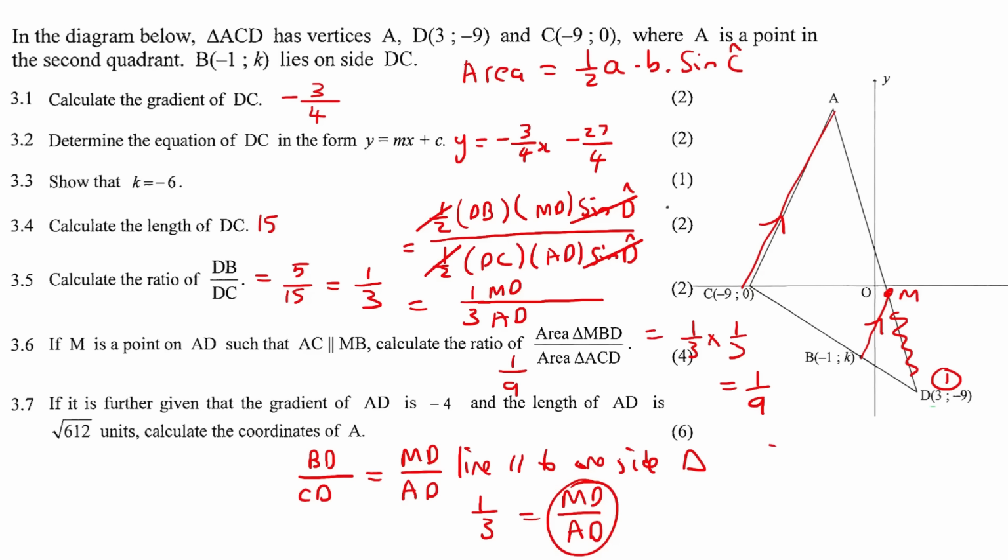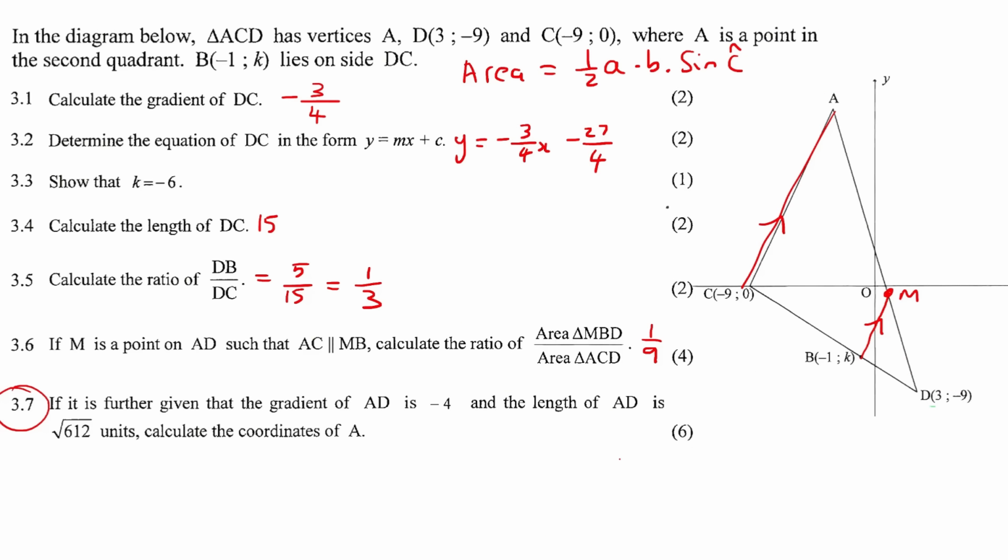Although, yeah, it would be a bit tricky actually, because we don't know the coordinates of A, so it's going to be difficult to even get this gradient, so you wouldn't get this gradient. So it would almost be, I wouldn't say impossible, there might be a way, but it would take quite a long time. This last question says, for 6 marks, if it is further given that the gradient of AD is